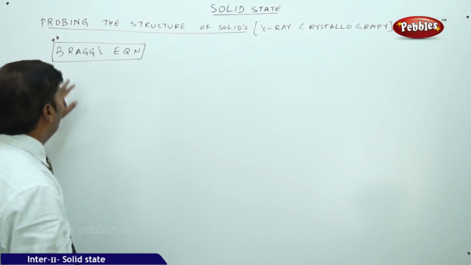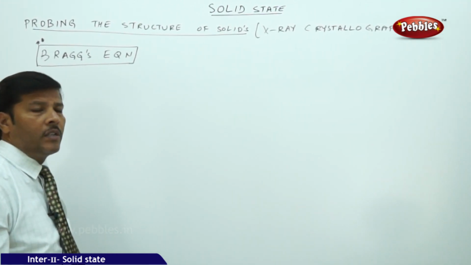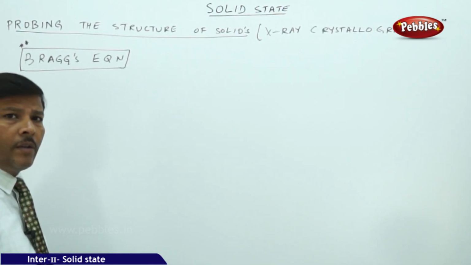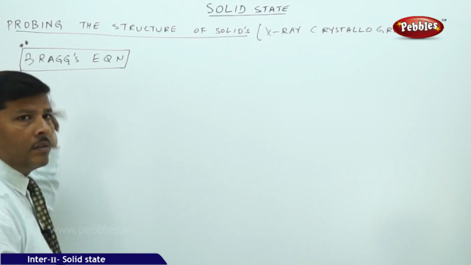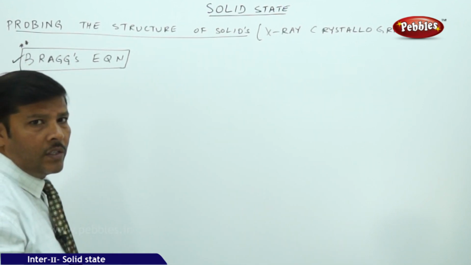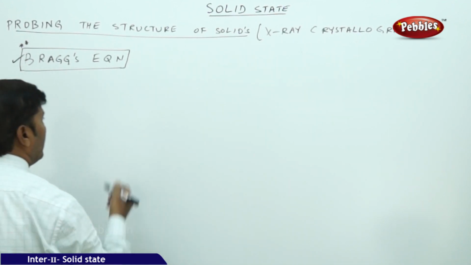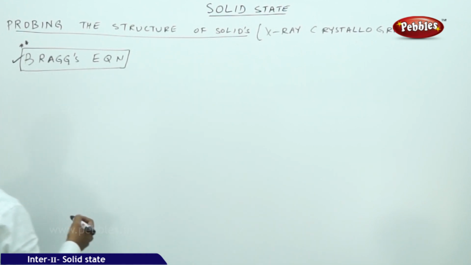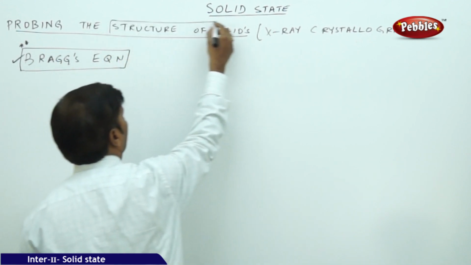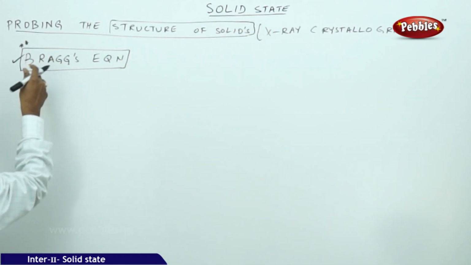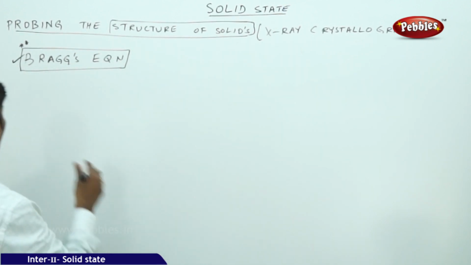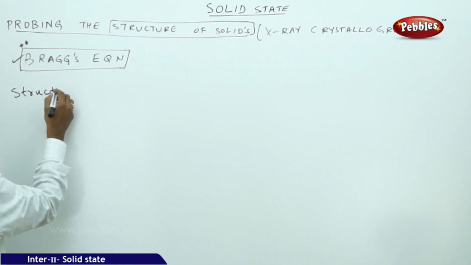So the next part of the discussion in solid state, the topic under our discussion, is probing the structure of solids through X-ray crystallography, the derivation of Bragg's equation, also obtaining an expression for Bragg's equation. First of all, before going to Bragg's equation, you know very well that if you take a solid, let us start our discussion with the structure of solid. According to Bragg's equation and X-ray crystallography, when you speak about the structure of solid,